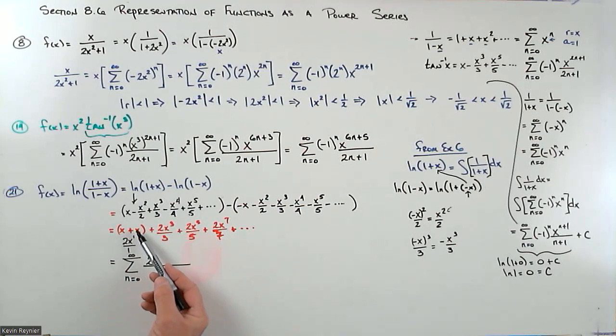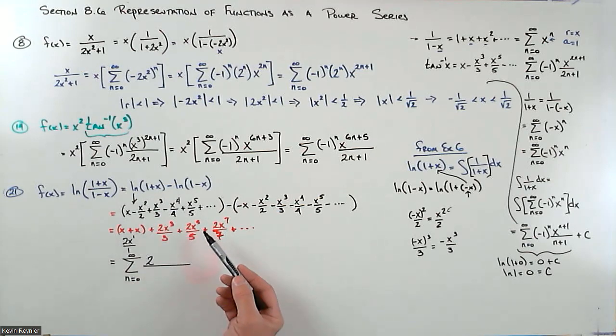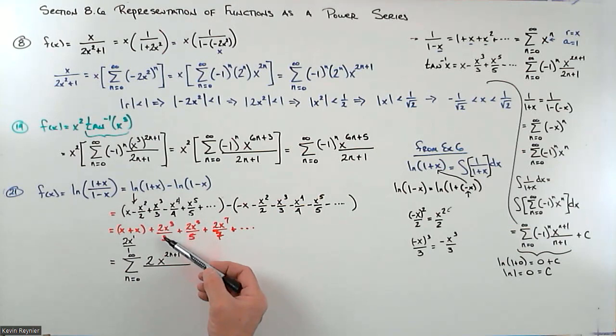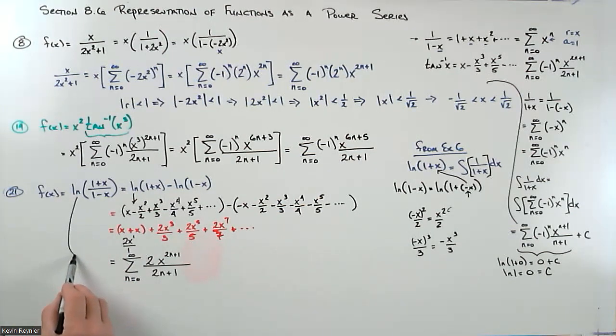The powers of x are going to be what? Well, we need 1, and then we need 3, and then we need 5, and then we need 7. That means we need the odds. So that's going to be x to the 2n plus 1. And then, of course, when it's the first power, we have a 1 on the bottom, the third power 3 on the bottom, fifth power 5 on the bottom. So then the denominator is going to be 2n plus 1 as well. And we were able to find a power series representation for the natural log of 1 plus x over 1